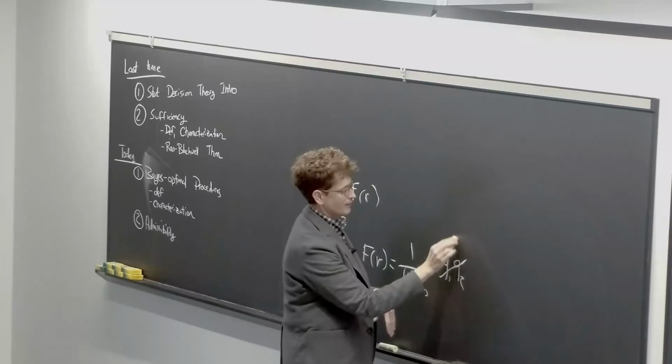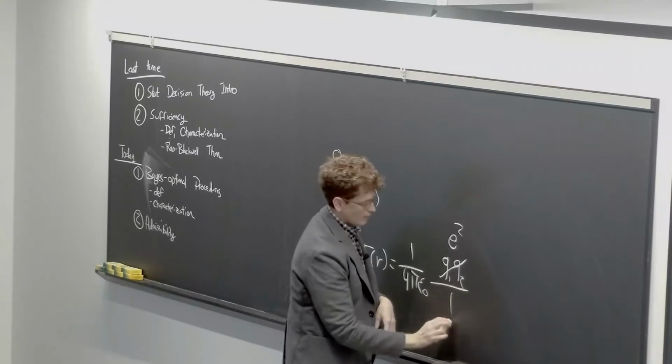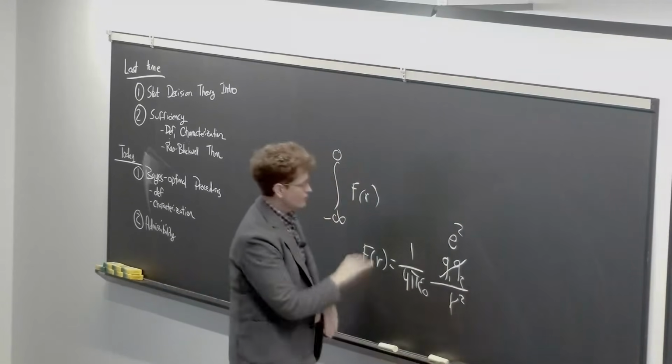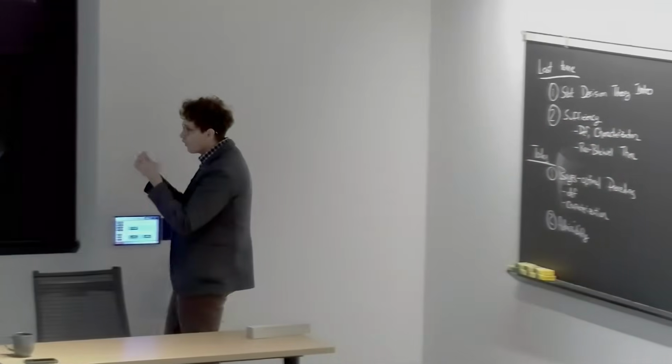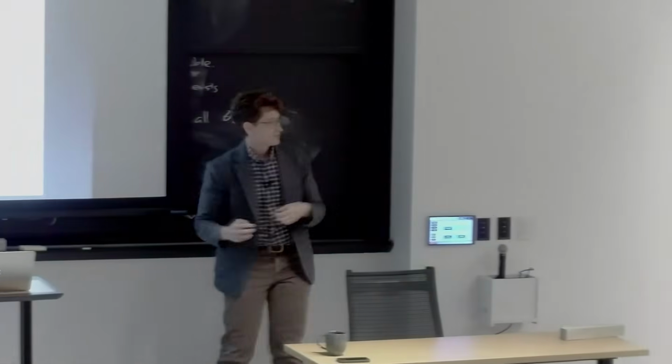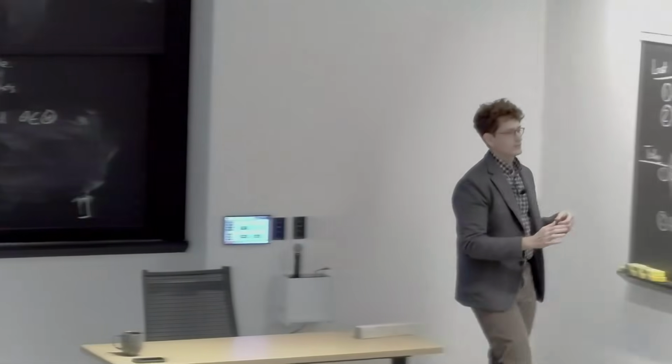So we can call this e squared, the electron charge, over the distance squared. And if you do this integral, you'll find out that the repulsive energy, actually, we don't want to integrate to 0. We want to integrate to